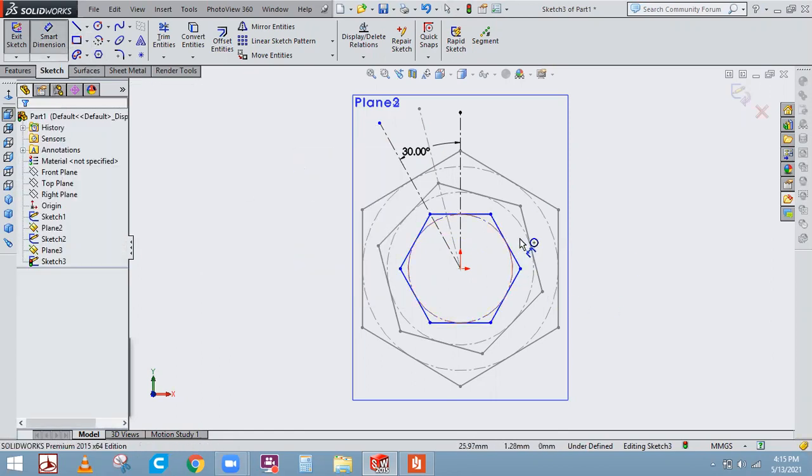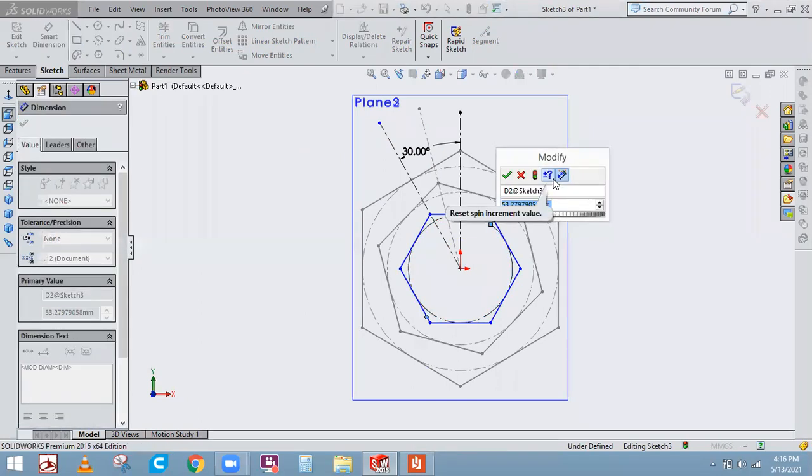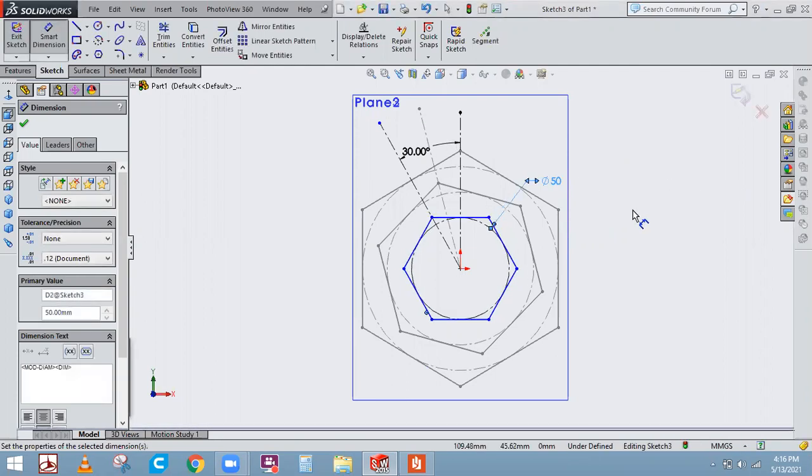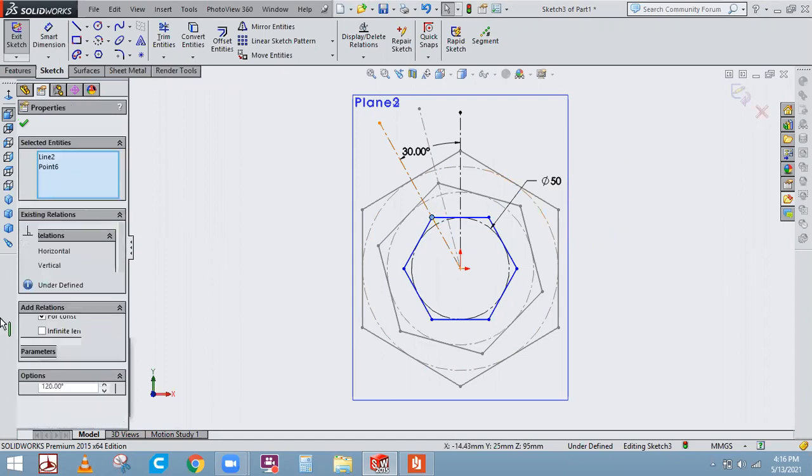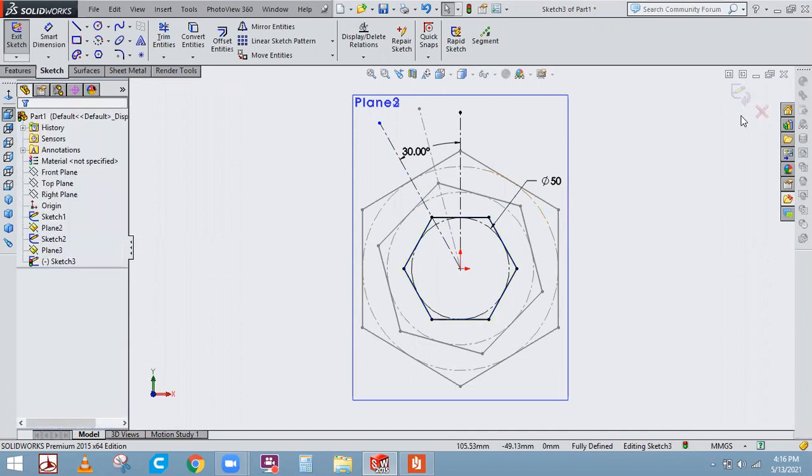So now what is the dimension of this now? 100 into 0.5, right? It should be reduced to 50%. Yes, sir. Okay. So next I'll make these two guys coincident. So once they are coincident, the sketch will be fully defined.